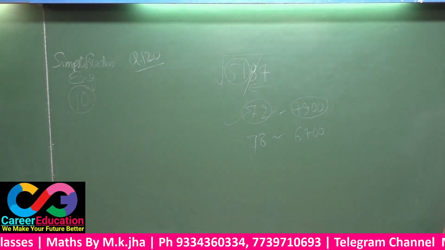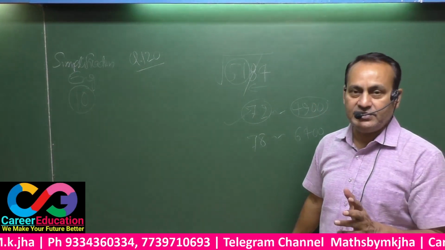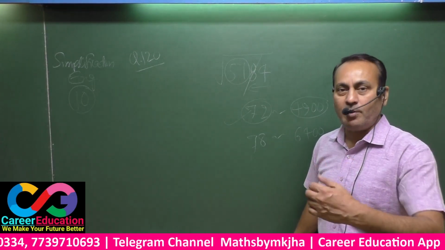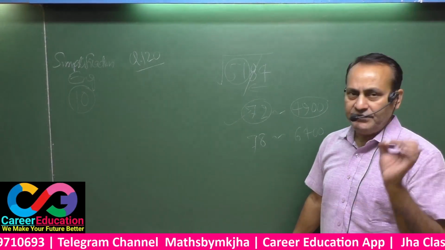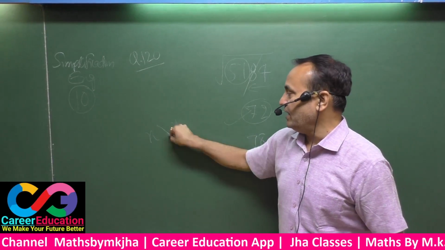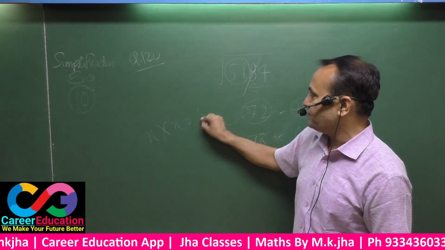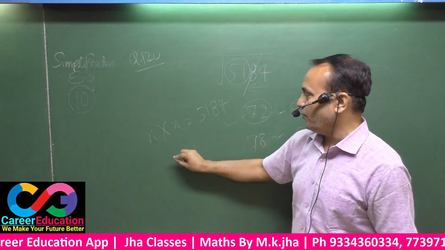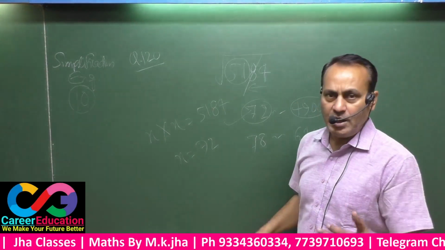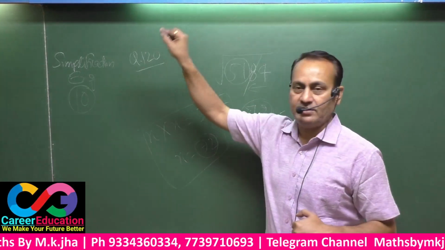Whenever in a group each person contributes the amount as the number of persons there are, that means if there are X persons in that group, each has to pay rupees X. Then X into X will be the collected money, that is rupees 5184. Now you have to find the value of X, that is 72. 72 into 72 equals 5184. This is your answer. This is the concept of the fundamental method. Okay.